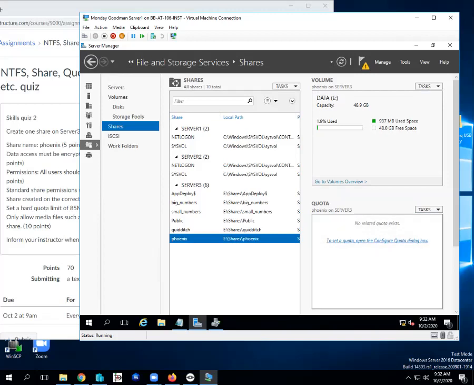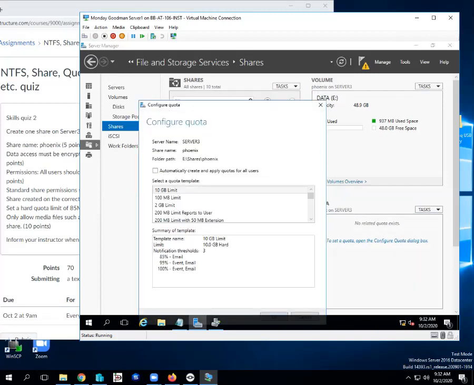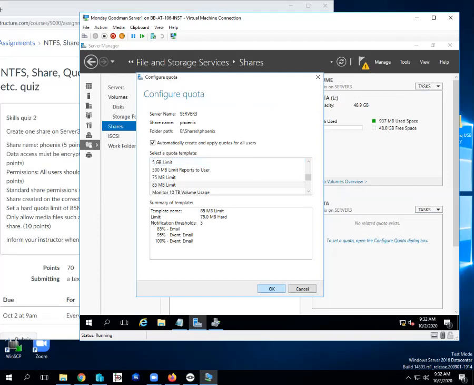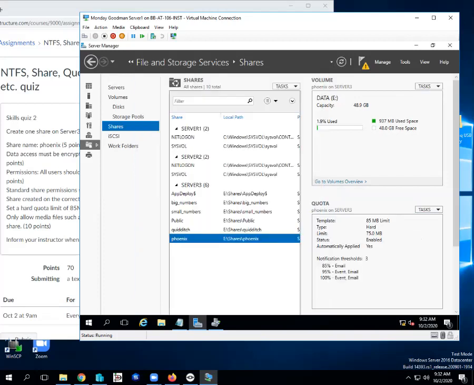So now if I set quota, click the link, I should be able to scroll and find my 85 meg limit, highlight it, put the little checkbox, automatically apply the quotas, and then hit OK. And it'll appear over here, but I did have to refresh the page. So it found that new quota template that I created on server 3.